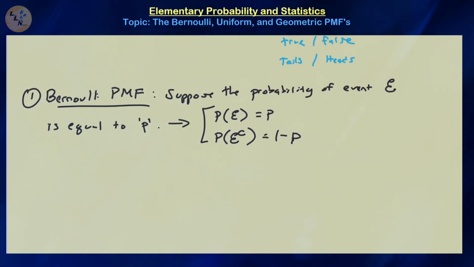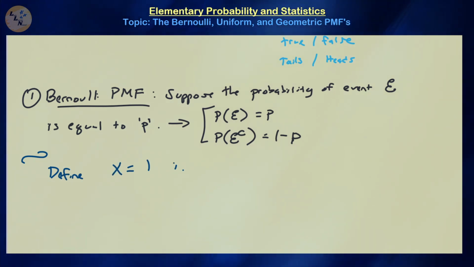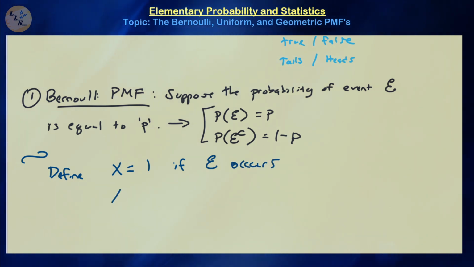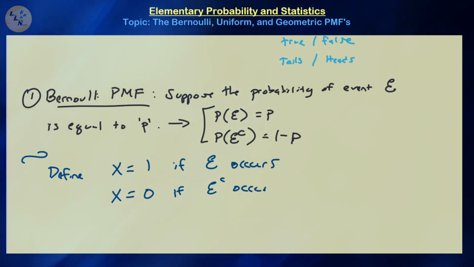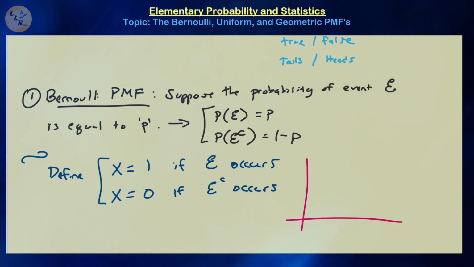So how do we define a Bernoulli probability mass function, or a Bernoulli random variable? We go about it this way. We define X to be equal to 1 if the event occurs, and we define X to be equal to 0 if E complement occurs. All right? So in terms of graphs, what does this look like? If the probability of success is higher than the probability of failure, so if this is 0 and this is 1,